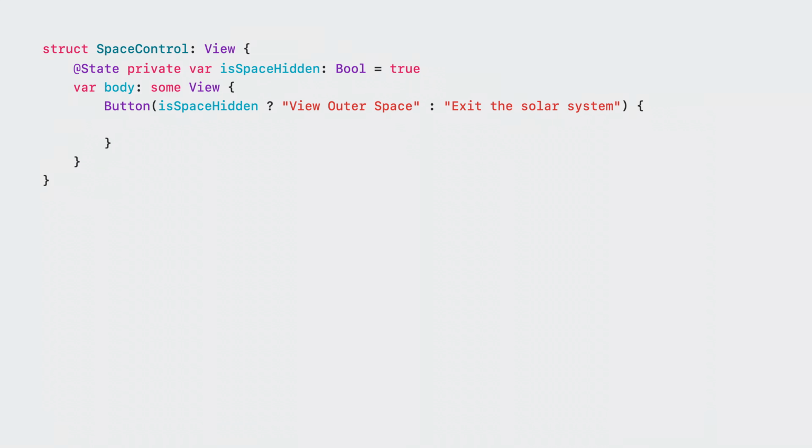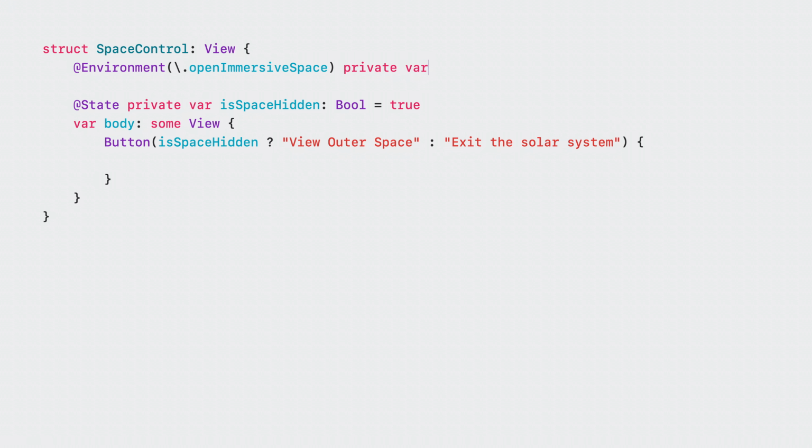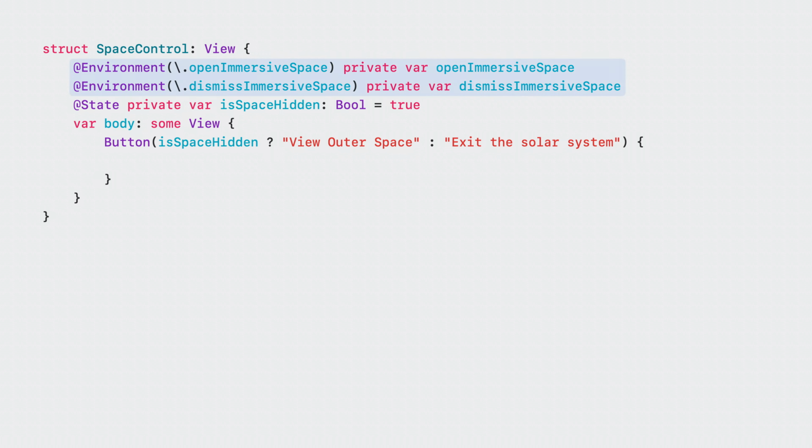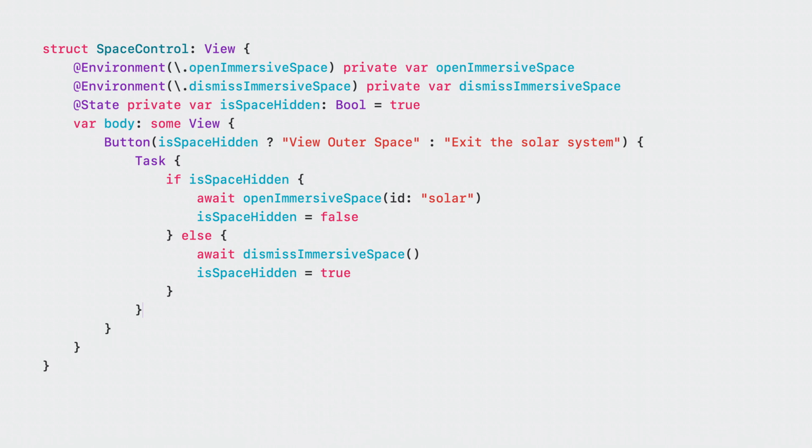For controlling windows, SwiftUI provides the open window and dismiss window environment actions. And for immersive space, we are adding the new open immersive space and dismiss immersive space actions. We obtain the two actions from the environment. We can then use these actions when the button is invoked.